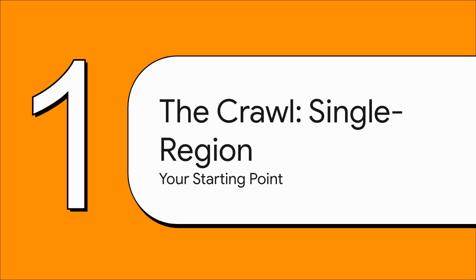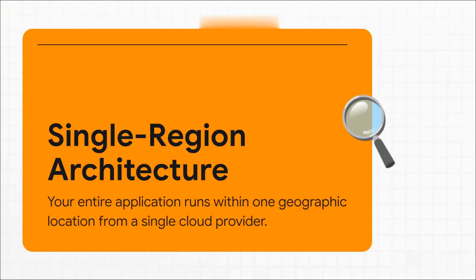This is the foundation, right? It's the most common starting point for just about everyone. So what is a single region architecture? Well, it's pretty much what it sounds like. It means all your digital eggs are in one basket. Your servers, your databases, your entire app, it all lives in one single physical data center location, like, say, Azure's